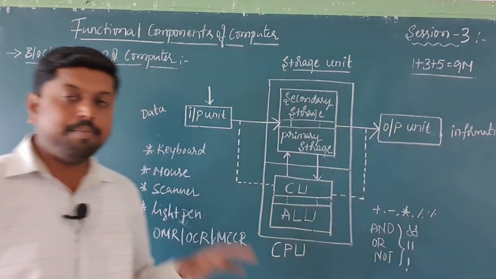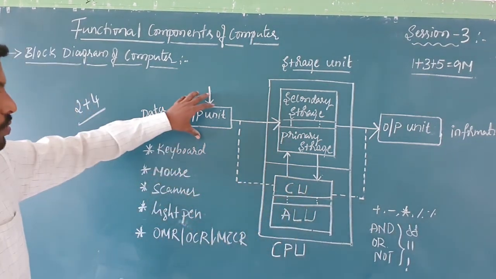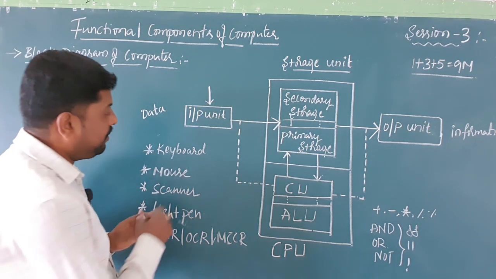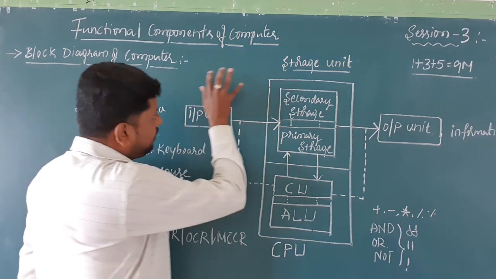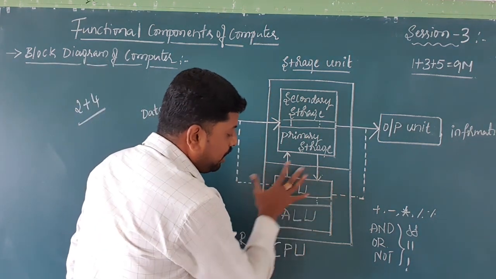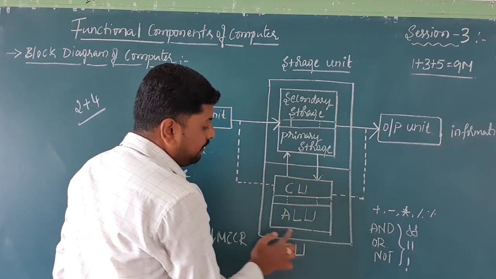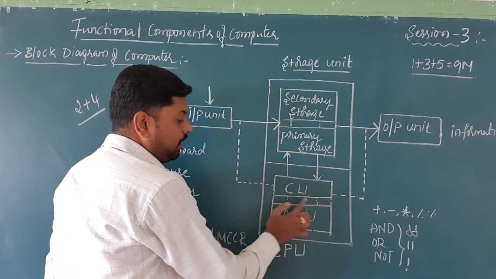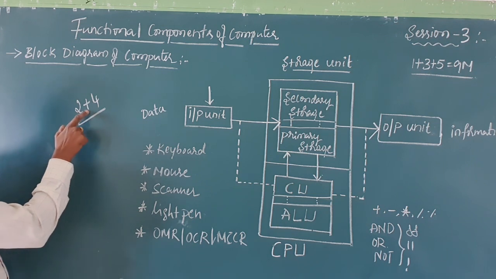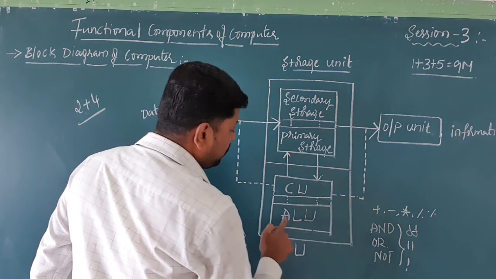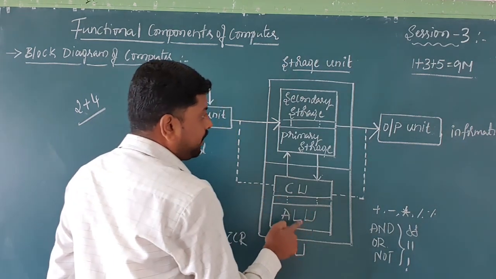So these are all some operations related to the logical unit. In this particular unit, the user will give some input to the computer. After the input is accepted by the computer, it goes to a particular part that we call the central processing unit. It controls the flow, and it also goes to one more unit, the arithmetical logical unit, which performs the operations. For example, sum is an operation. Here in arithmetical operations we have sum. So 2 plus 4, that operation will be performed here, and it will give the result.